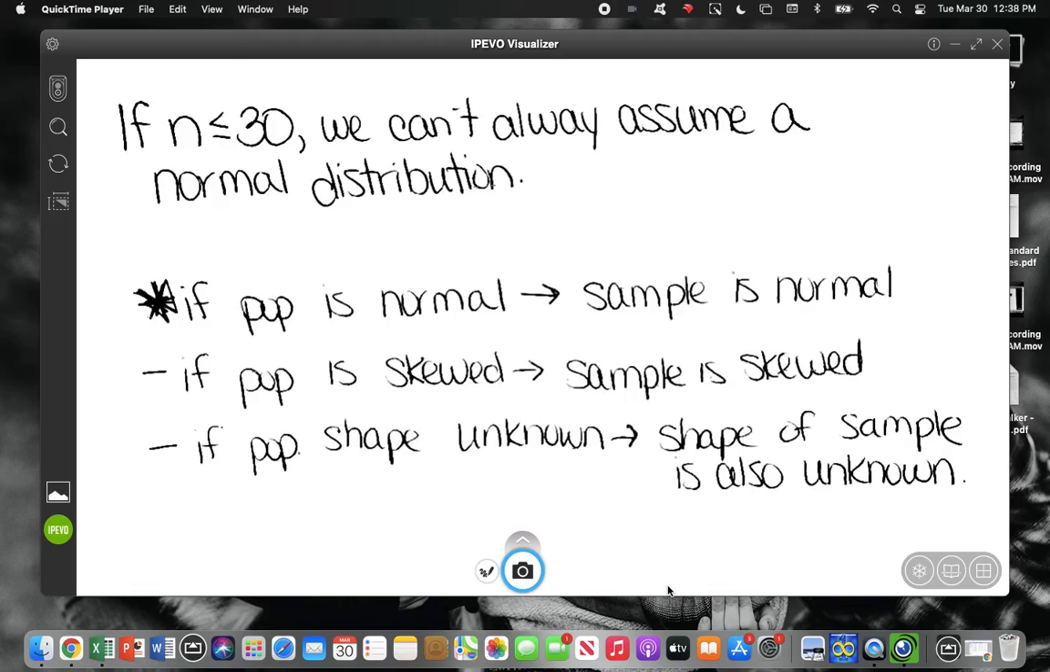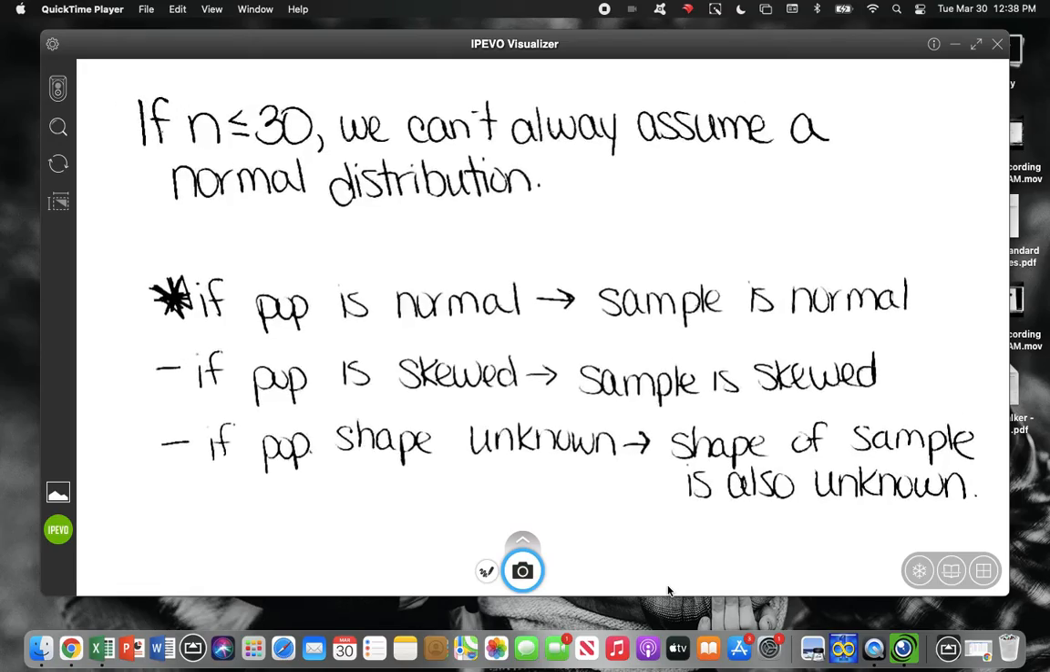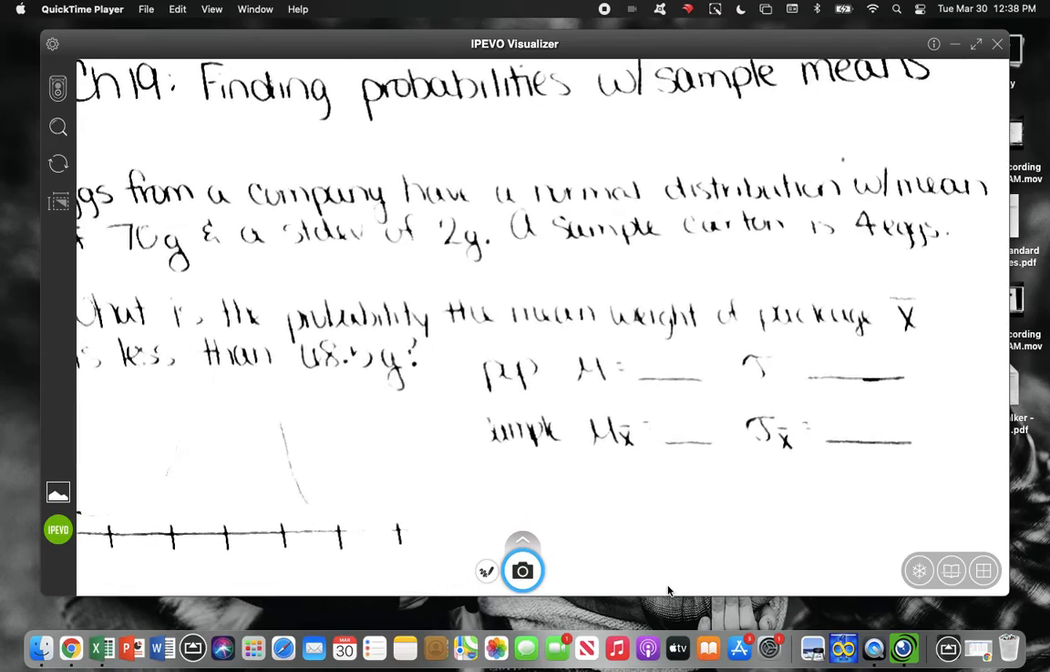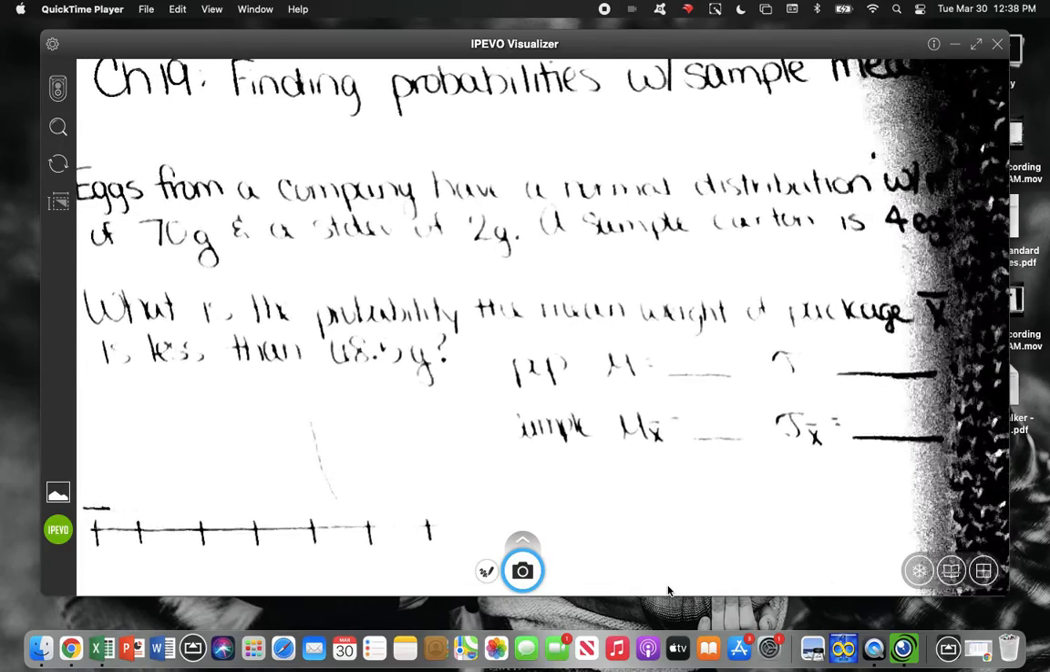All right, so I am ready to do an example. Are you guys ready? Do you have your graphing calculators? Because you will need it. All right, get those out, because for our first example,